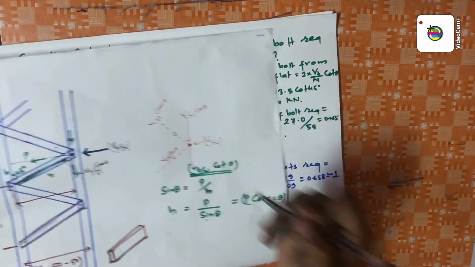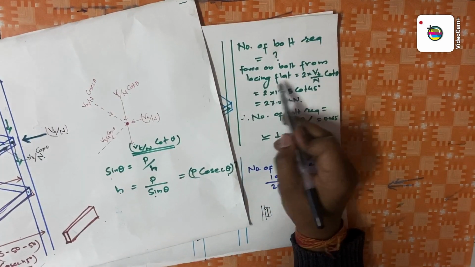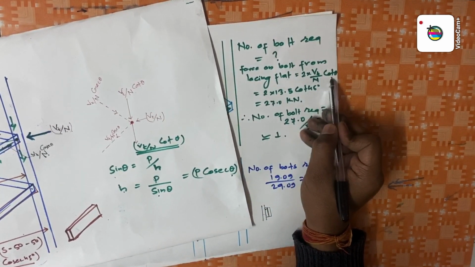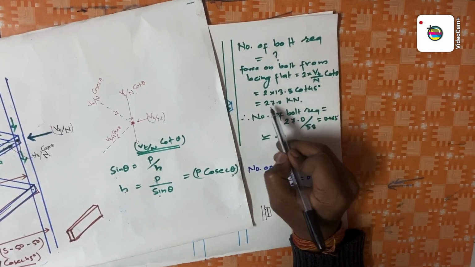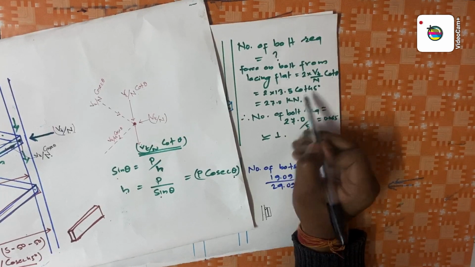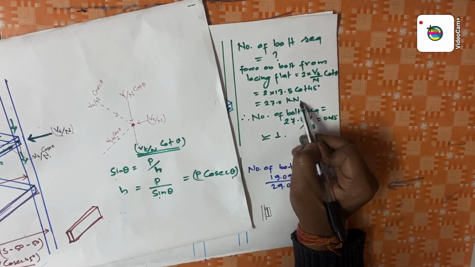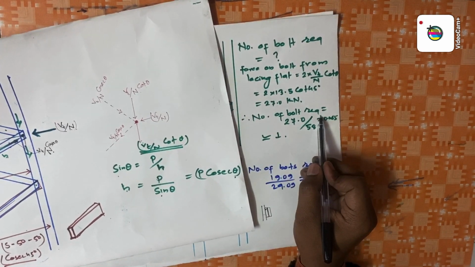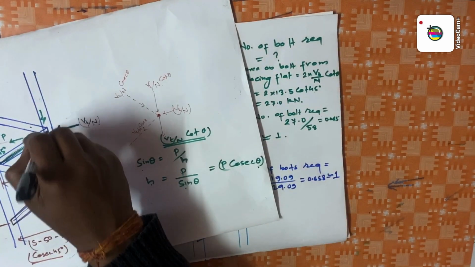Fine. So BT by n cot theta. Force on bolt from lacing flat will be 2 times BT by n cot theta, which will give me 27.0 kilonewton. That is 2 times 13.5 into cot 45 degree, that is 27.0 kilonewton. So number of bolts required is equal to the force which is acting in this bar